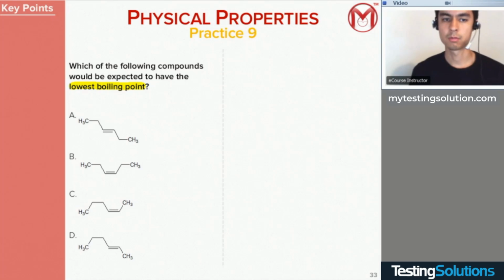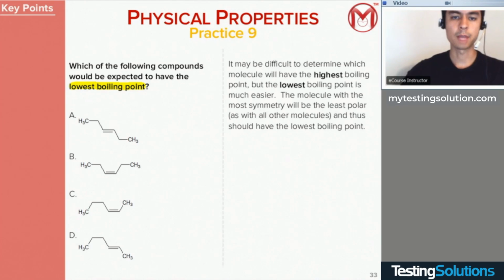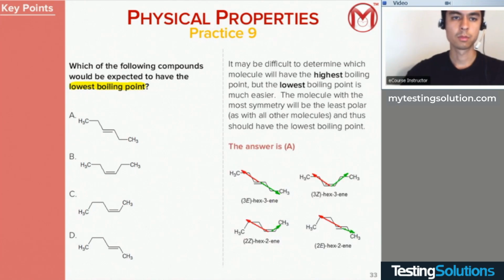They will be slightly different because of the shape and their abilities to interact with each other, but the molecular weights are the same, and the surface areas are roughly the same size. The dipoles are not the same, right? There is a polarity across the alkenes, across that double bond. So if I draw out the dipoles, my answer here is A. I'll justify that for you in a moment.